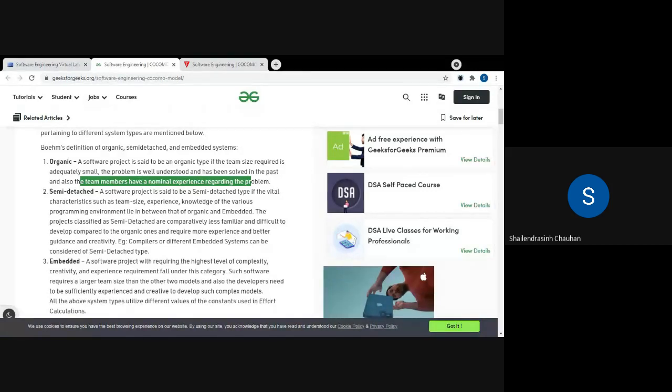If in your company a few people have less experience, you can assign that kind of project to that team, because that project is well understood, all the modules are understood, you have already worked on similar projects, and the project size and team size required are also very small.